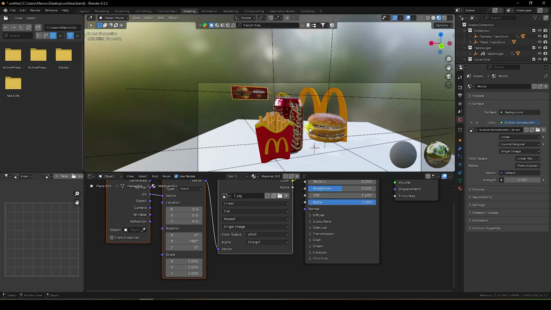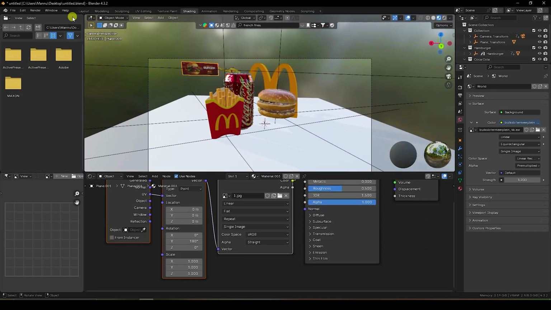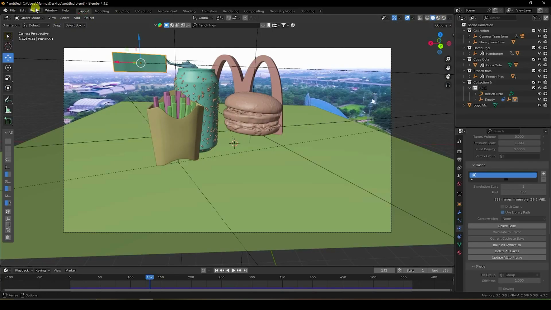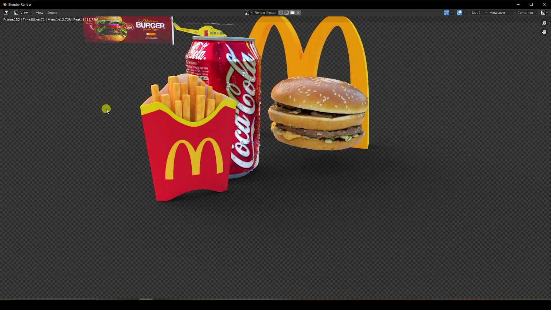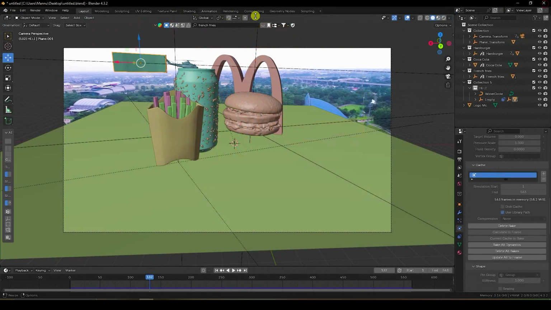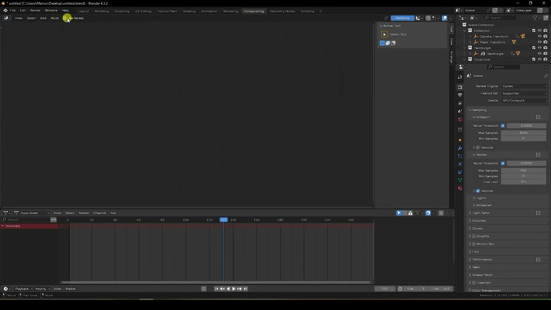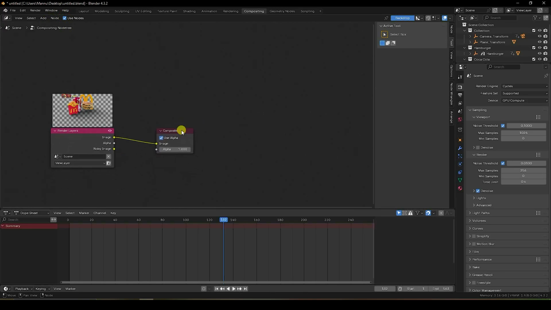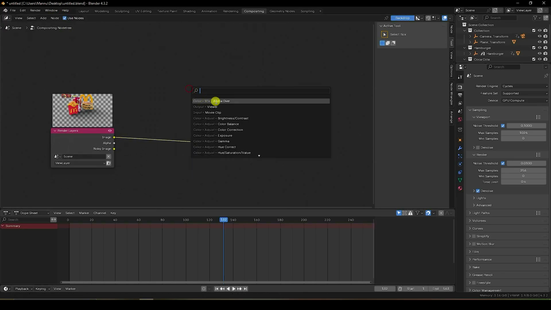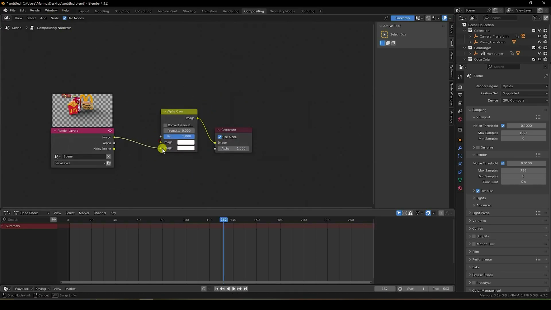Okay, so guys, my composition is finished and go to Layout. And guys, I show you my one frame render. So render image. Okay, so guys, my one frame render is finished. So close and go to Compositing. So use nodes. So firstly guys, press Shift A and use Alpha Over, connect to the second one.